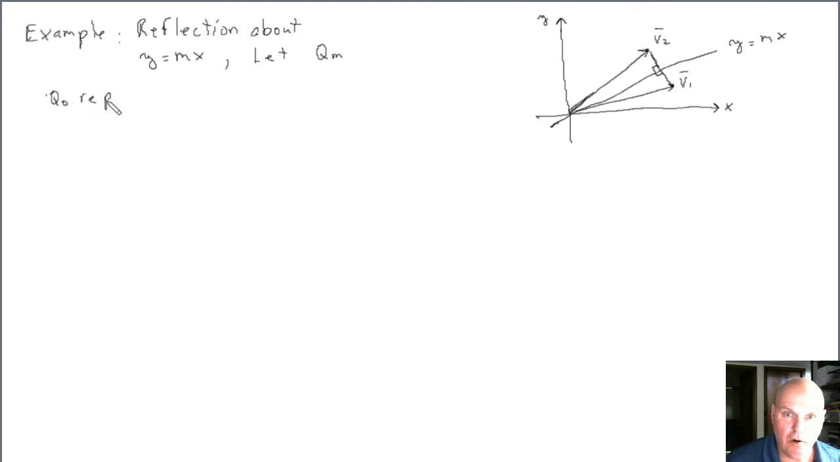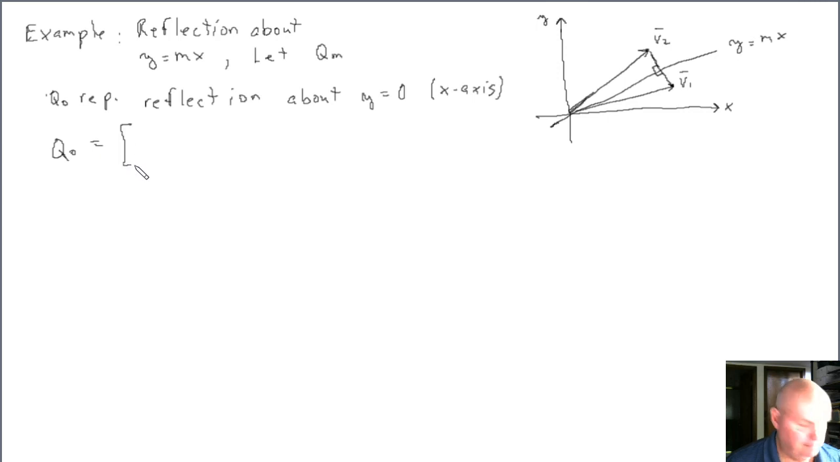Q0 represents reflection about y equals 0. This is the x-axis. So if we let m equal 0, y is equal to 0 is just this axis. And we've already got the Q0 matrix. We found that in a previous example. Q0 was just 1, 0, 0, minus 1. Okay. So I'm